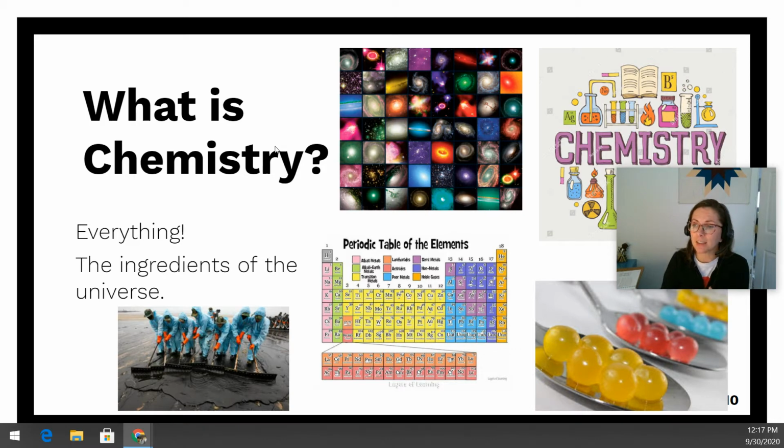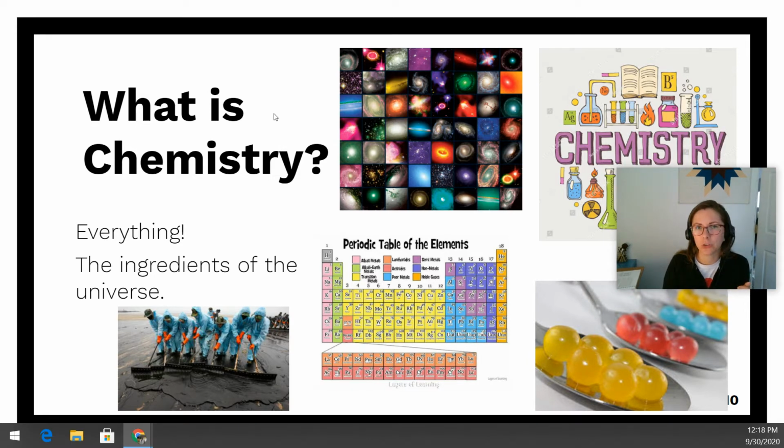So physics is like the rules of the universe and how things interact and come together. So if one object collides with another object, is it going to push it, right? Is there going to be a spring? That's physics. So that's kind of like the rules for how things interact. Chemistry is all of the pieces that come together to make up things.